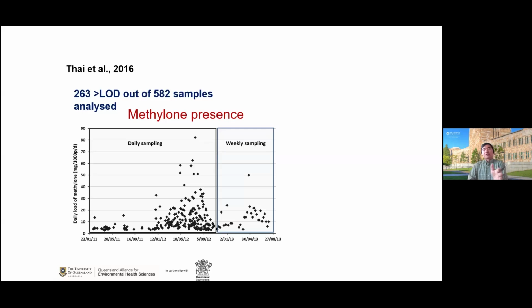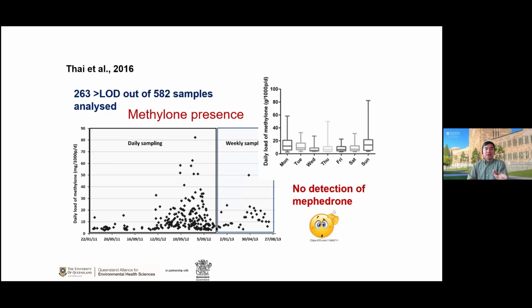So we collected more than 400 samples over 3 years to analyze for methylone and mephedrone in a touristic catchment of Queensland. As you can see, we detected a lot of methylone in the samples, but we couldn't detect mephedrone. The reason could be that mephedrone is prone to degradation in the sewer,